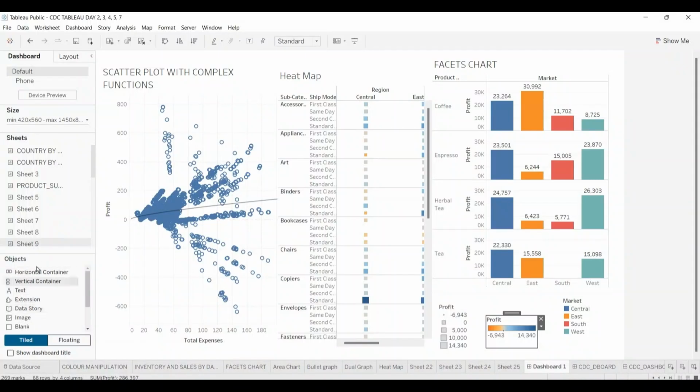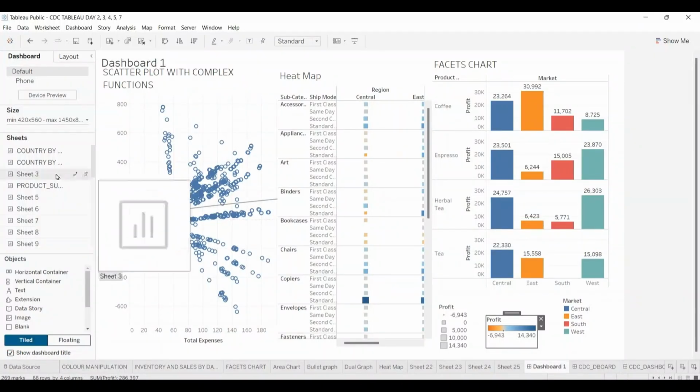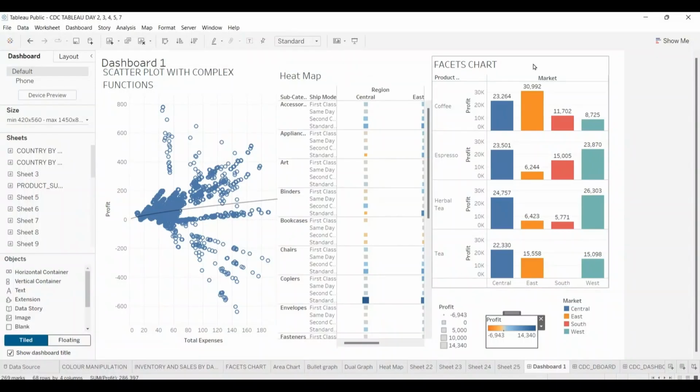Then this is our object of work. Then we'll talk about the tiled and the floating platform. The tile is a kind of systematic, rigid layout. The floating one allows you to put space as you wish, and they have different orientation. It is at your discretion to know which to use and why. And this functionality here, show dashboard, gives you the room to name this dashboard. When I click it now, you see Dashboard 1 comes out,